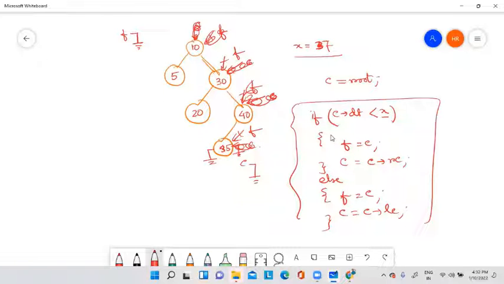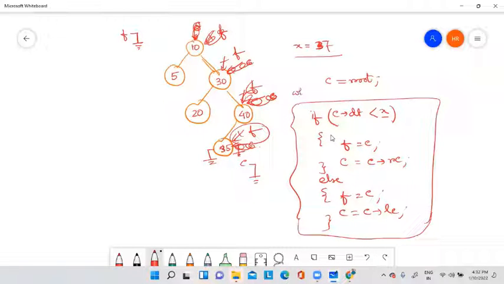Now see where I stop. I stop at the father node. 37 will be added either as the left child or right child of this particular father node. So ultimately what I have found is who will be the father of this particular node. Logic clear? Similarly, suppose instead of 37, I am inserting 35, what will happen? C will get stuck at this particular position. So how to repeat this particular thing?